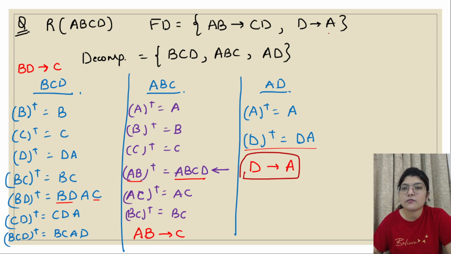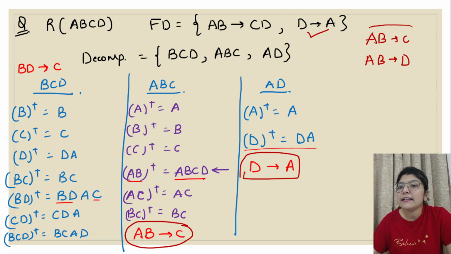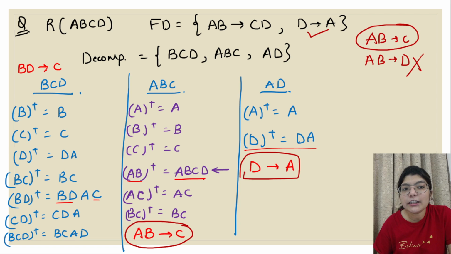So right, this one is received. Next I have AB to CD. Now I am getting AB to C, but by any chance I am not getting AB to D. Right? This is AB to C and AB to D. I can write it like this. I am getting this one, but I am not getting this one. In no sense, BD to C will be anyway equal to AB.